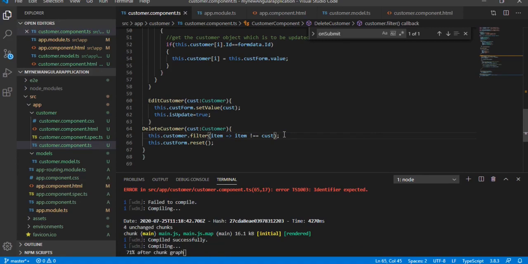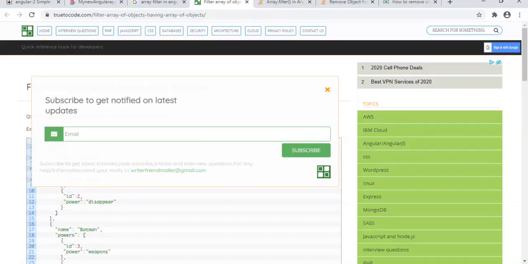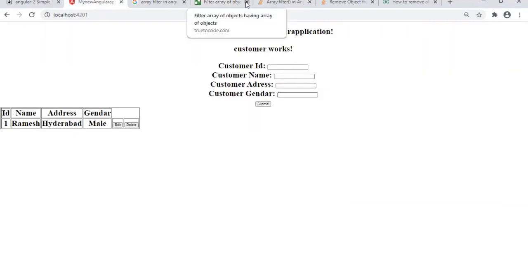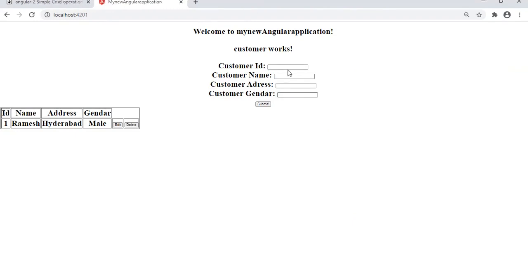Now quickly go and verify the delete functionality. So this is my Angular application. Okay, so I'm adding the customer ID. Hello, test, test, test. Okay, I'm adding this thing, submit, and I'm deleting this.